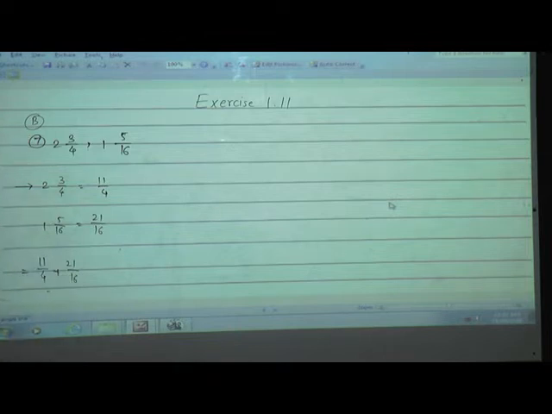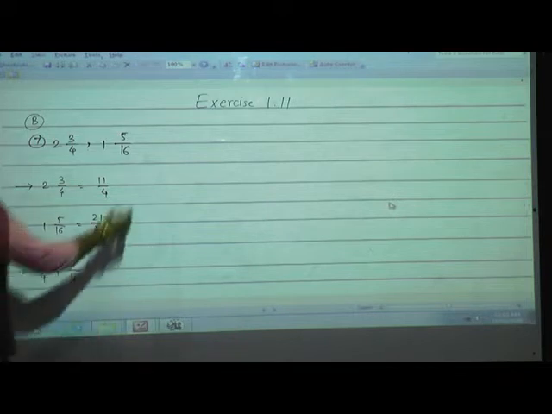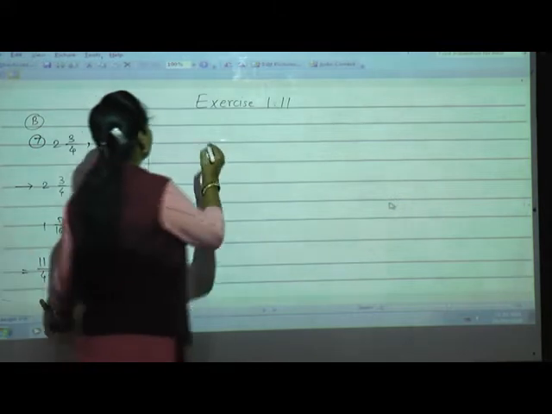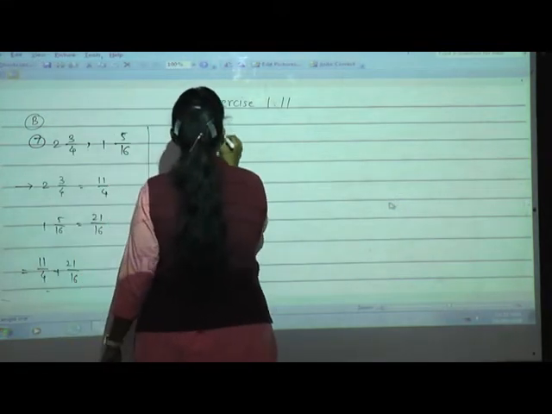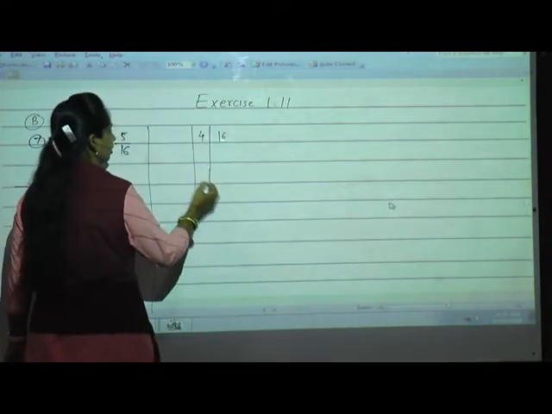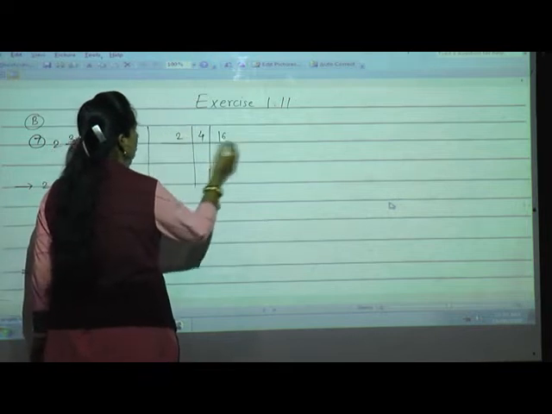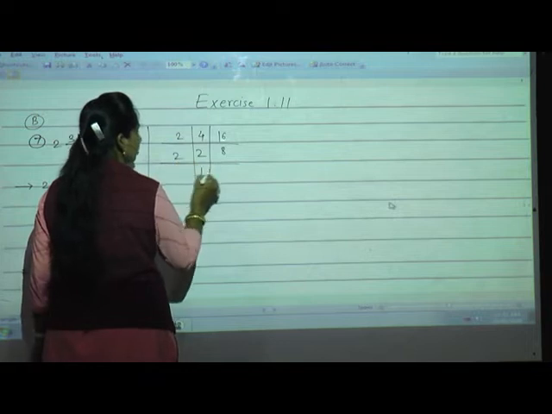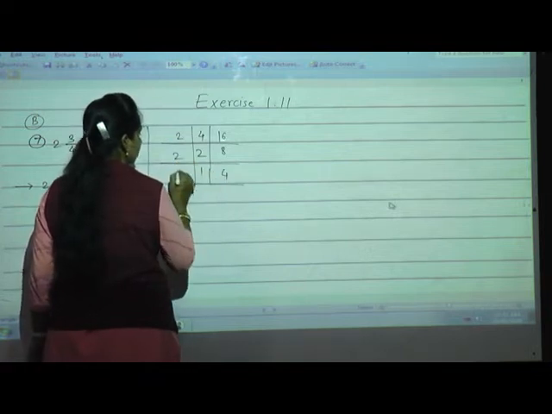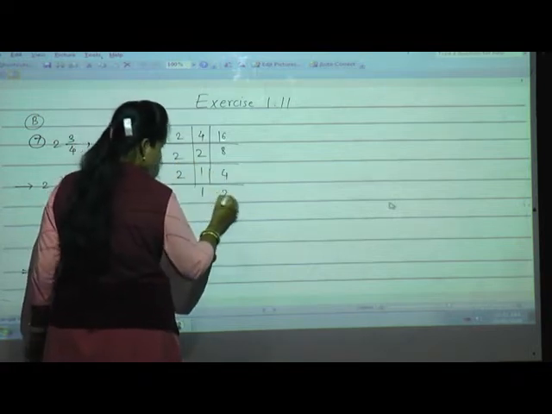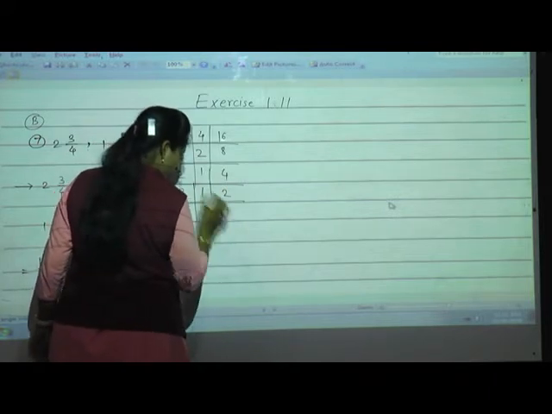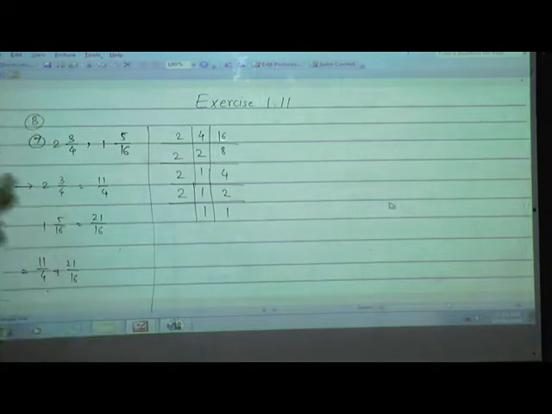So we have to find out the LCM of both the numbers. So what I'll do here, combinedly I'll find out 4 and 16 with the 2 table. See, 2 2s are 4, 2 8s are 16, 2 1s are 2, 2 2s are 4. Here 2, 1 has it is 2 2s are 4, and once again 1 has it is 2 1s are 2. So the numbers till 1 should come, we have to solve.